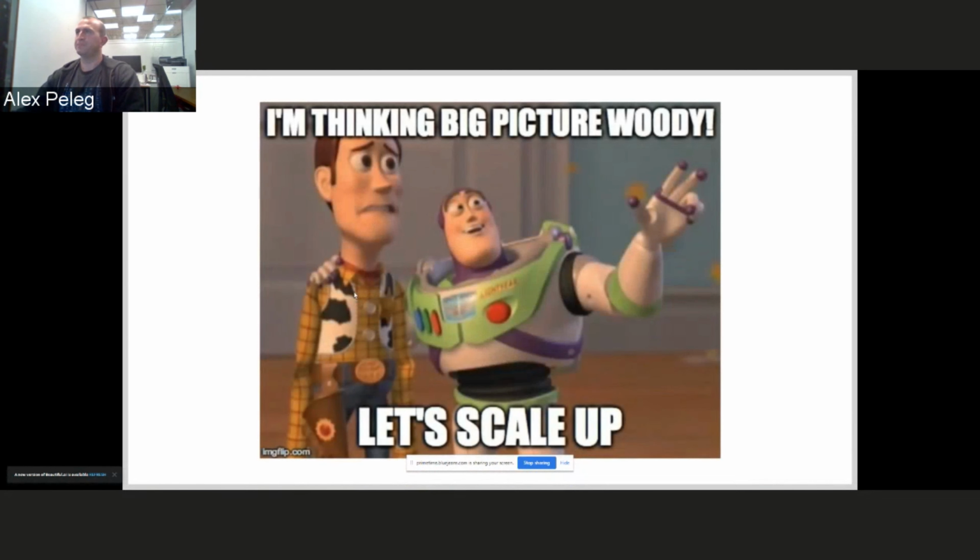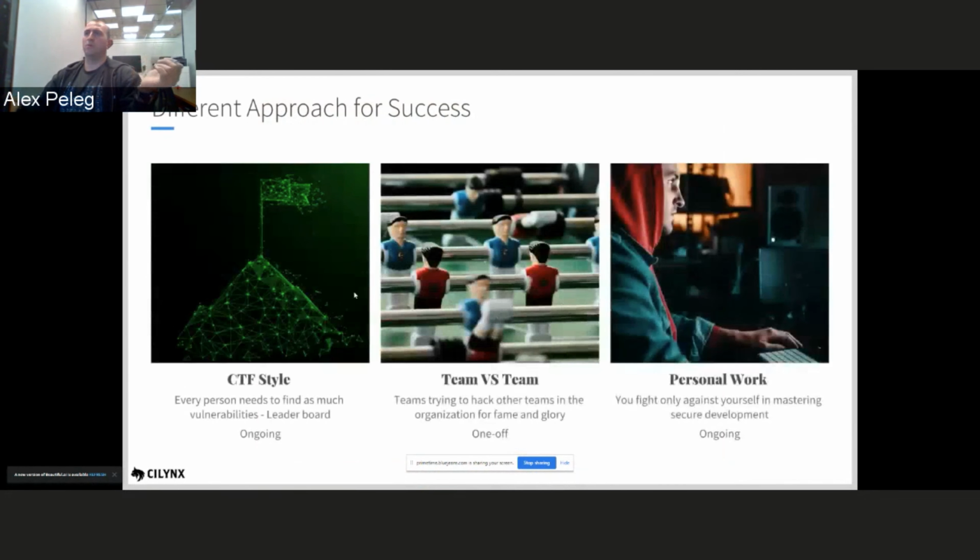Now, once we understood, we did the POC, we made it happen, we need to scale it up. So how do we scale it up? Most likely just by leveraging our own code base and using it to create challenges. So what are the approaches that we can take?